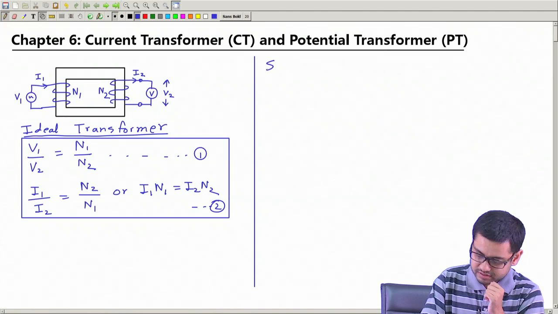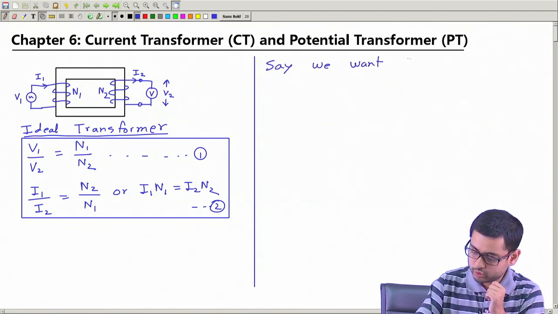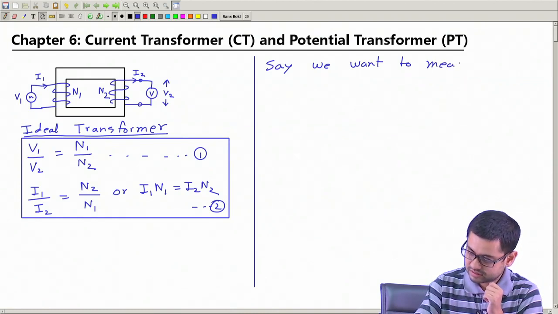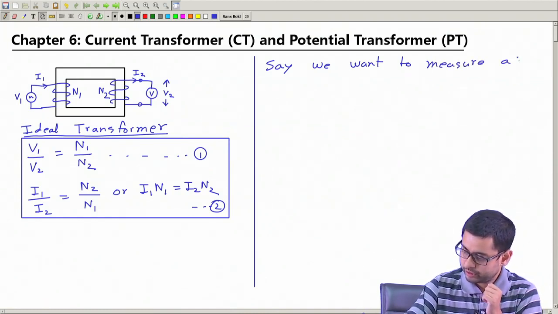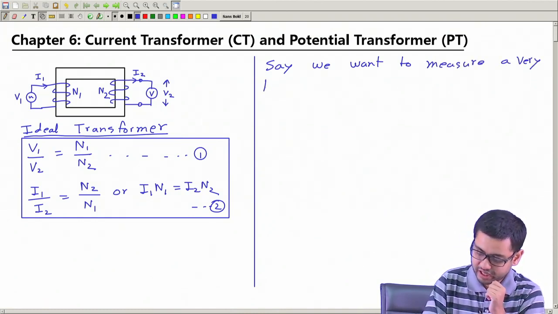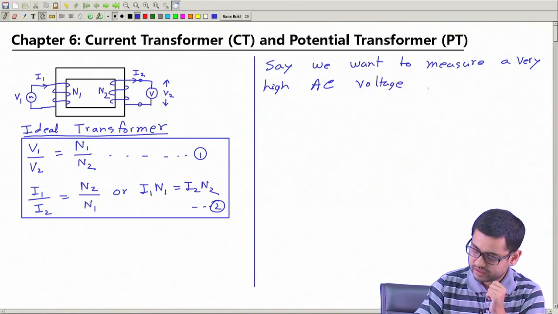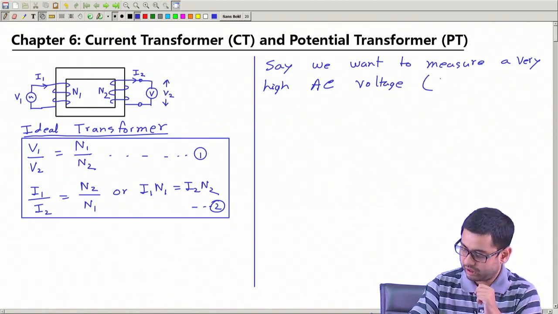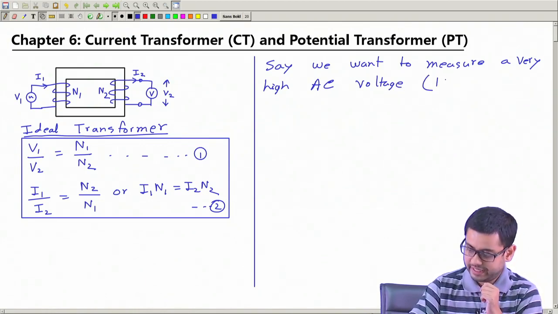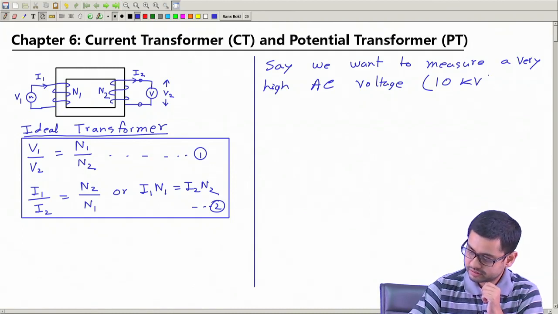Say we want to measure a very high voltage, very high AC voltage, of course, say maybe around 10 kV, 10 kilovolt,